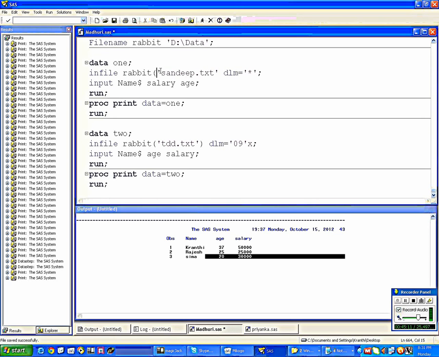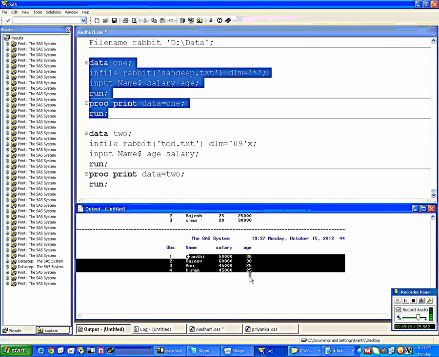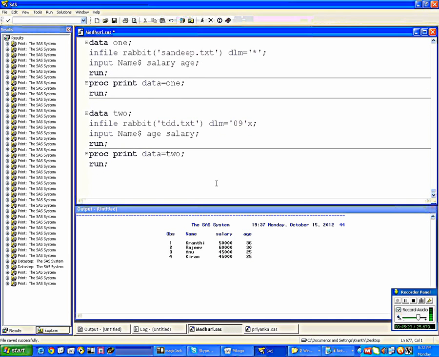Here, you can use rabbit and Sandeep.txt. Then it will work using the same output. So this is the filename statement.